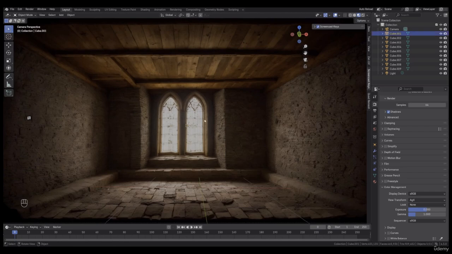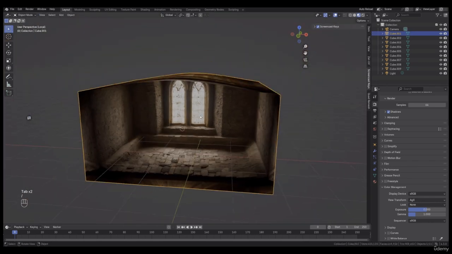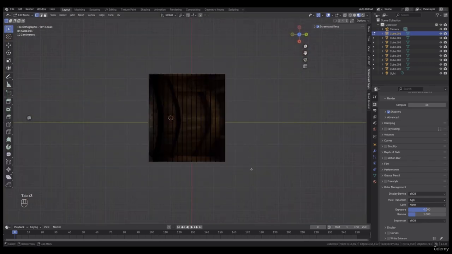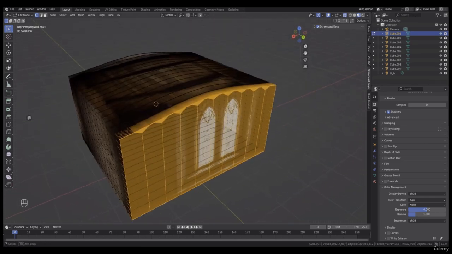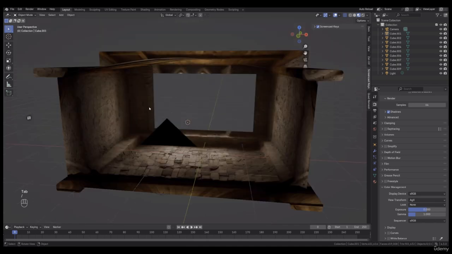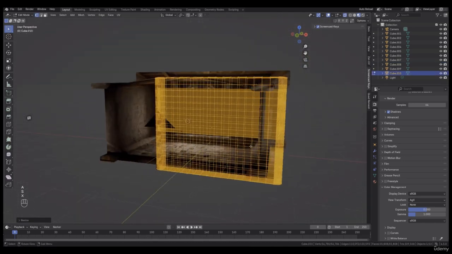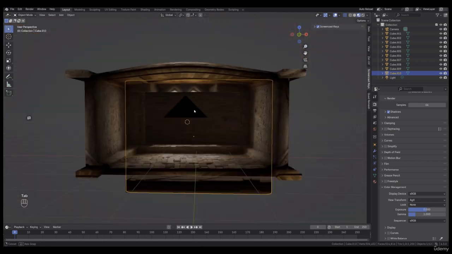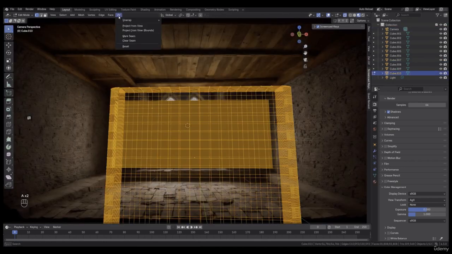I do see the back window, right? The back window is wobbly because there's not enough geometry on the back. To fix that, I'm just picking this room, going into the invisible, pass-through mode, and deleting all the faces. I will just use one of these boxes. I will stretch it out. I do need to project from my camera again. Press Tab, press A, and project. We will build